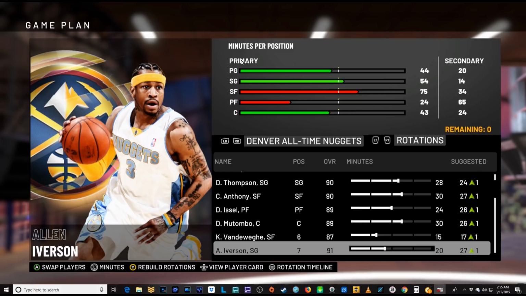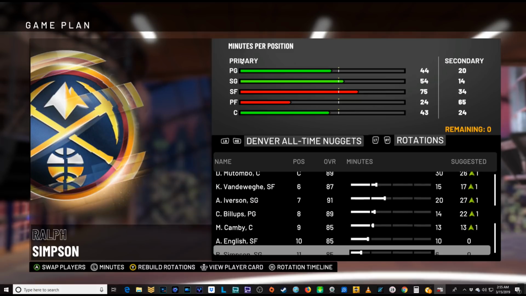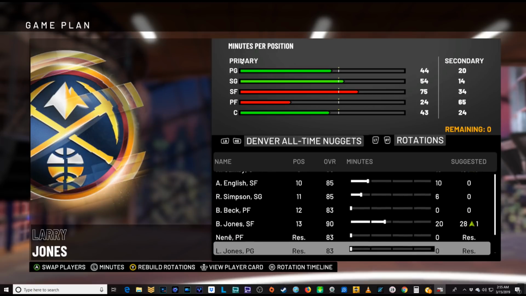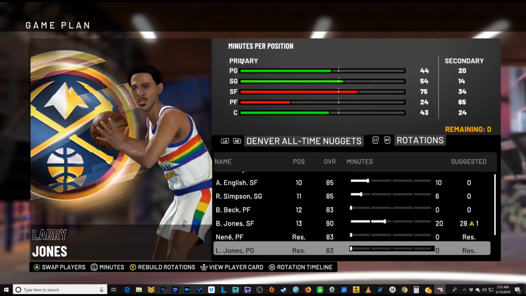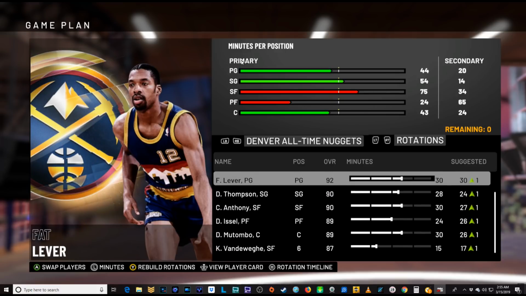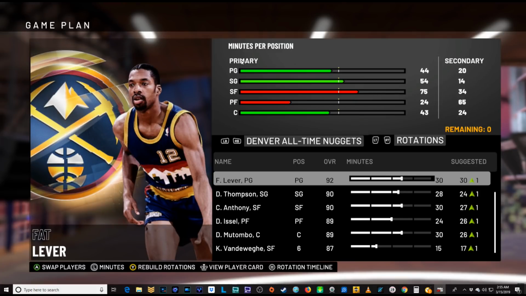Iverson plays 20 minutes. He plays a lot of minutes off the bench. Chauncey Billups, Marcus Camby, Alex English, Ralph Sampson, and then Bobby Jones play a lot of minutes off the bench too. Nene and Larry Jones are on reserve, so they will play if someone hurts a part of their body. So I'm going to dive in here and let you take a look at this gameplay for the Nuggets, and